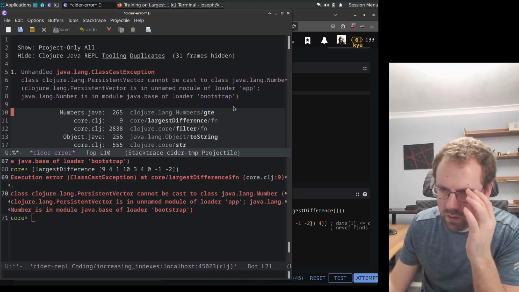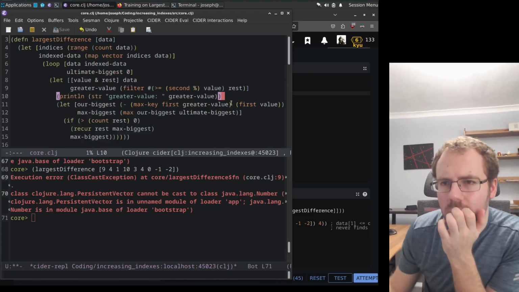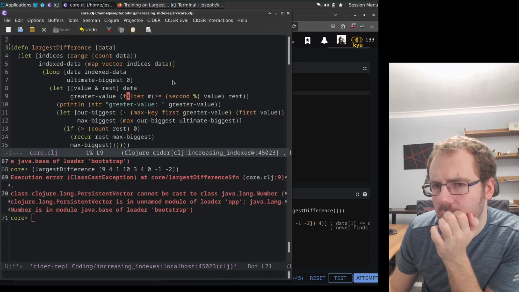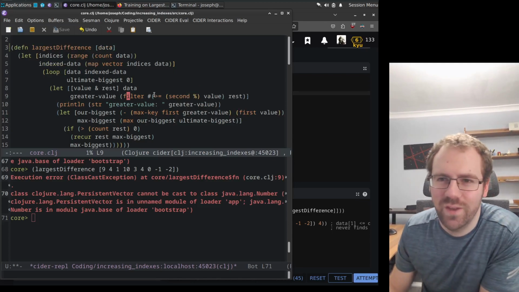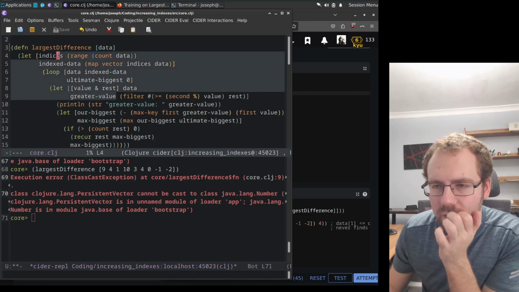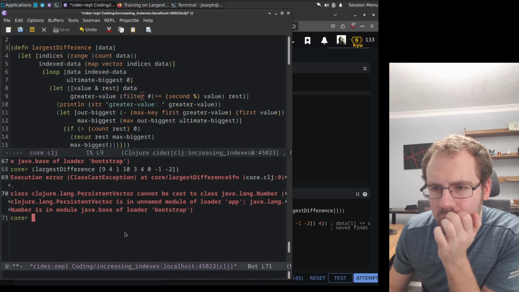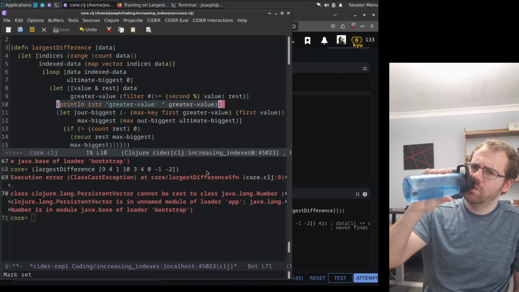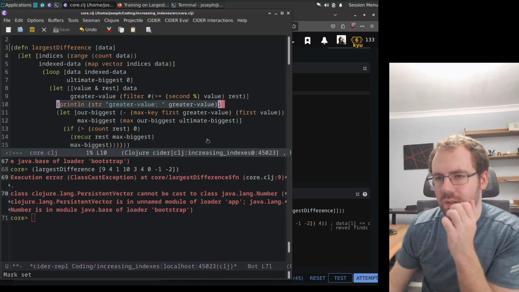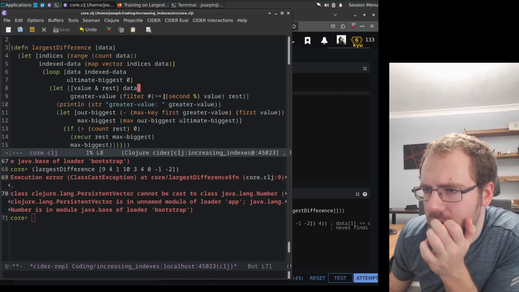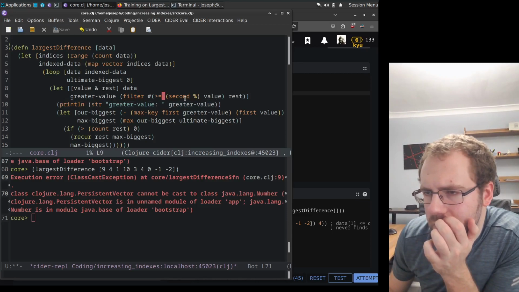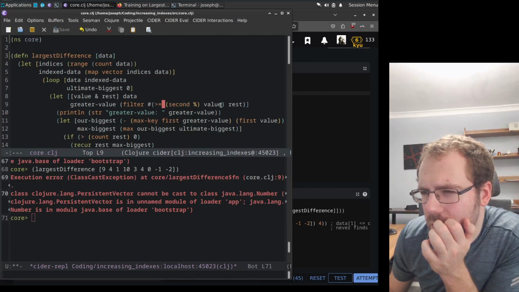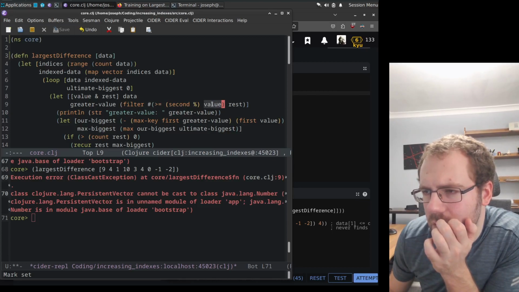So it's complaining about line 9, vector can't be cast to number. But why does the error keep moving? Why is the error moved? That doesn't make any sense. I haven't changed this line, nor have I changed anything above. And it never printed this, not even once, so we're on the first iteration of the loop. Okay, well that's bizarre, but okay, so what could be happening here? So it's saying that we're comparing... well, yeah, that is invalid because we're comparing